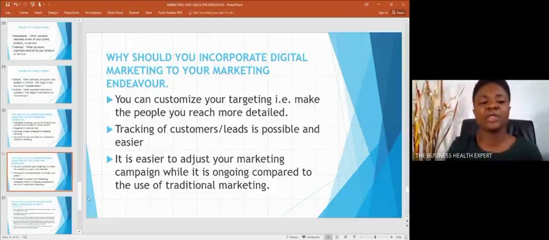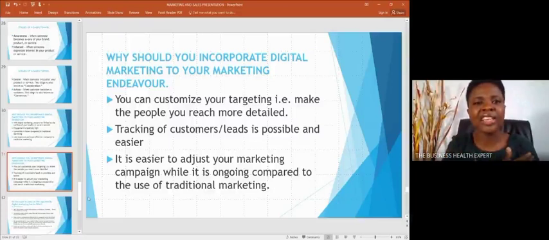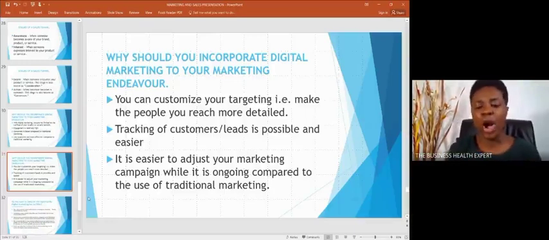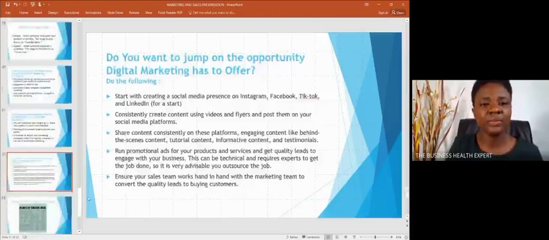Imagine after putting stuff on your billboard and you realize that there's something wrong in the information, or there's something you need to adjust in your marketing promotions. Is it that the money wasted on printing and all of that is gone, or you leave it like that? But with digital marketing, you can adjust appropriately when needed. Another thing,